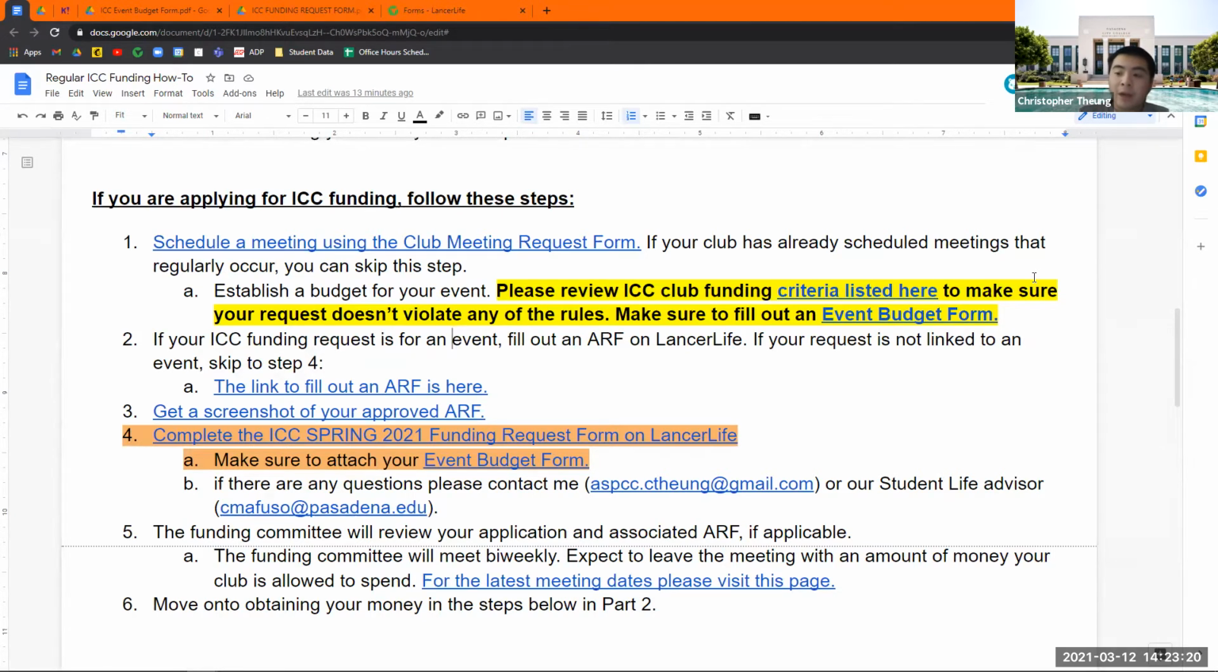Once you're done filling out an ARF and it's approved in the system, you'll get an email in your student email address that it's been approved. And what you need to do next is step 3 right here, right? Get a screenshot of your approved ARF. So if I click through